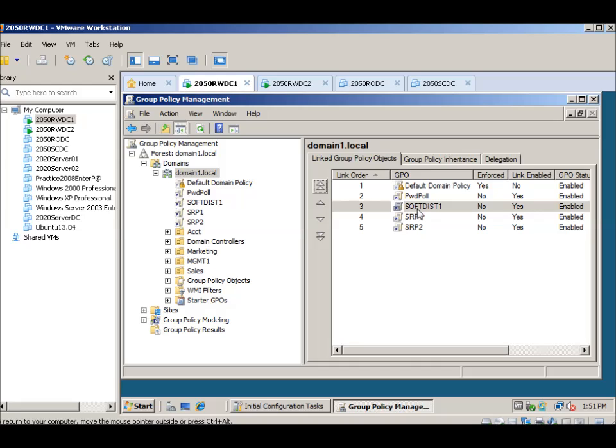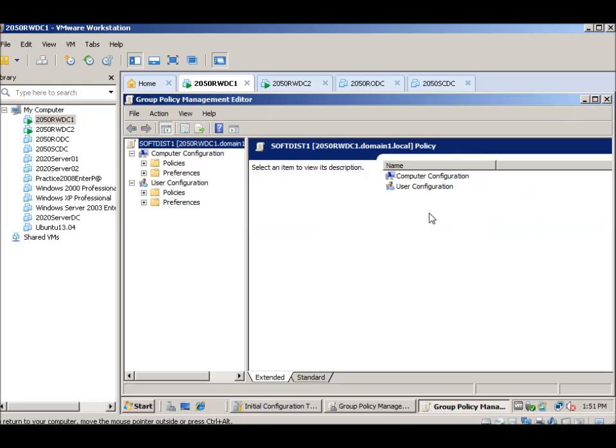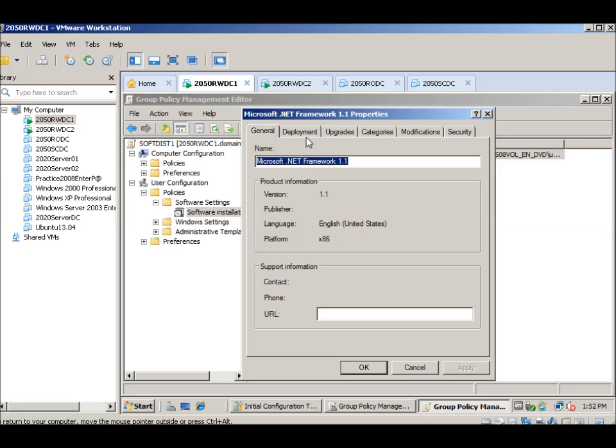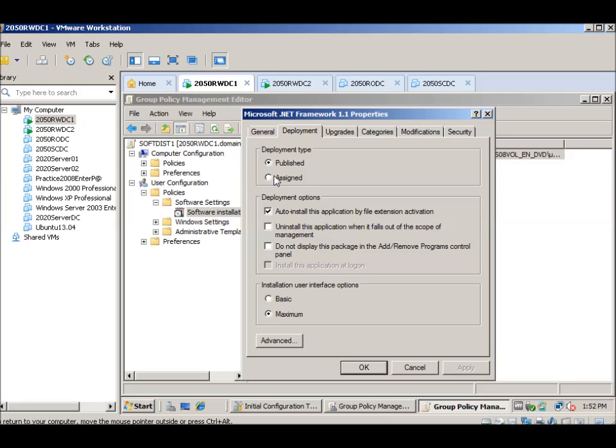and we just go back into our GPO and go back into our software distribution here, and let's edit that thing, and we want to go down to policies, software settings, and go down to properties, and on our deployment all you have to do is click it's assigned, and then we also clicked install this